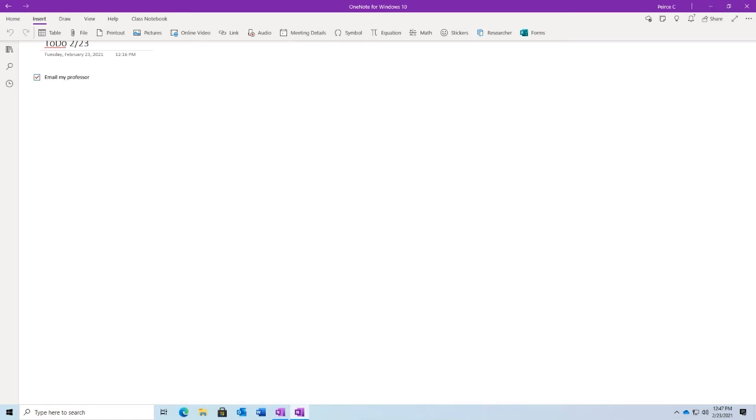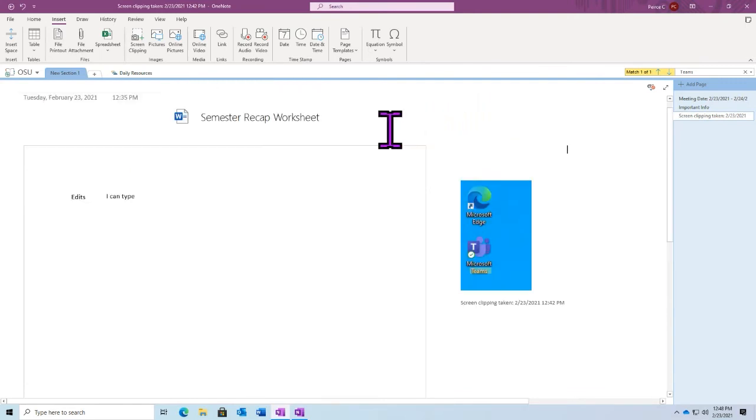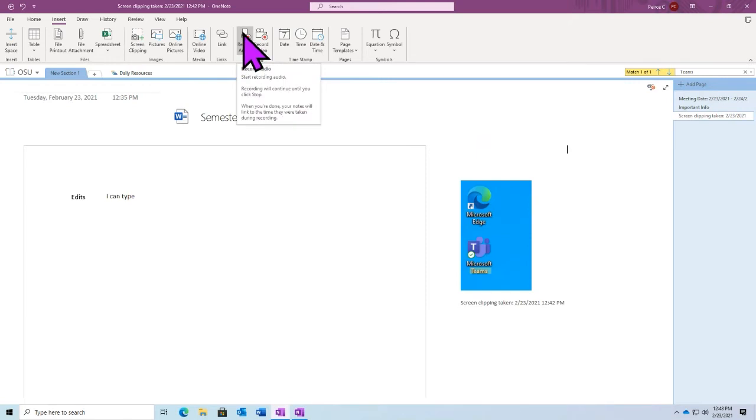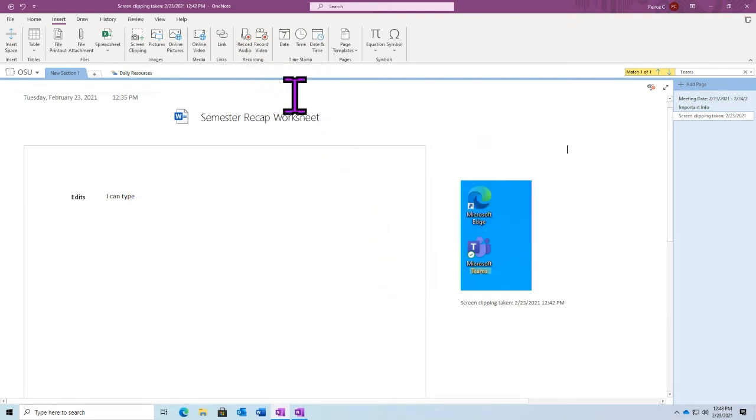One other quick question for you, Pearson. My apologies. But with the ability to insert recordings, if we wanted to do like an audio recording in OneNote, do you know if there's an option to edit that at all? Or would we be better off just redoing it? The recording itself will be saved as a separate file. I believe OneNote cannot. Oh, okay, because I don't have an audio device on this. But I believe you can take the audio recording and save it.